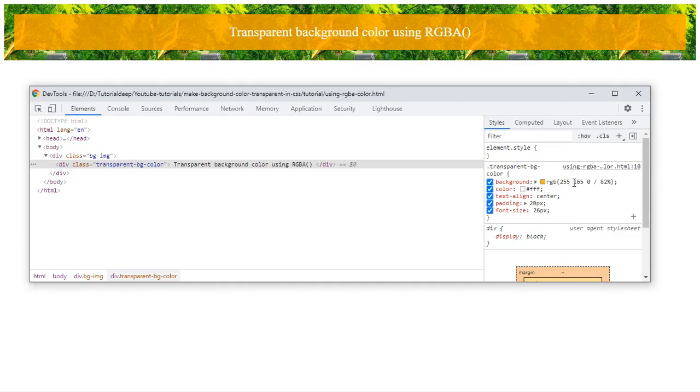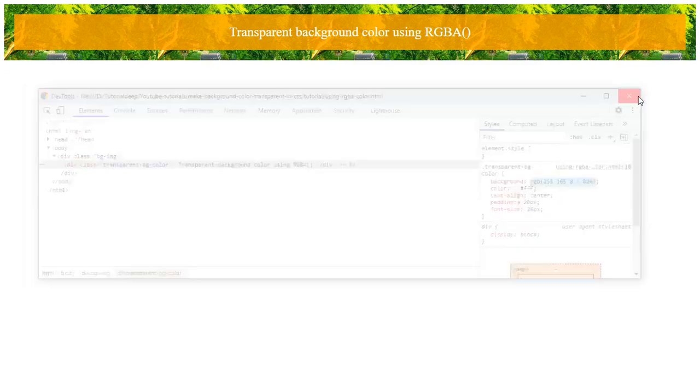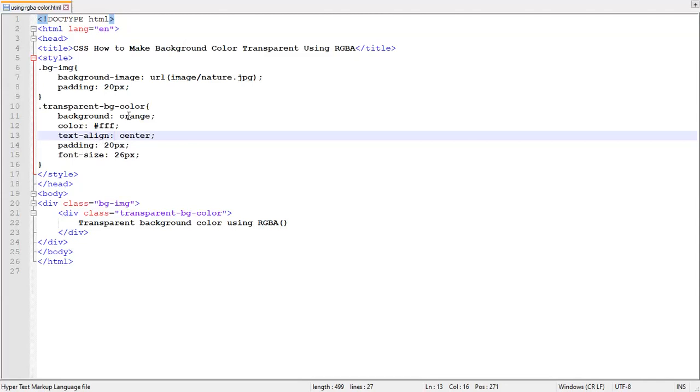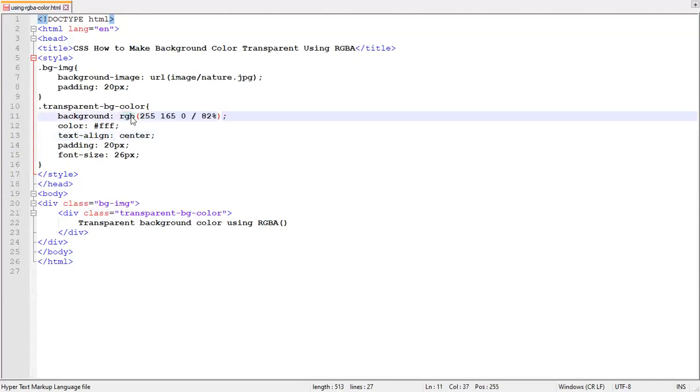You need to copy that RGBA color and replace it with your color. When you refresh the page, you will get the transparent background color using RGBA. That's it.